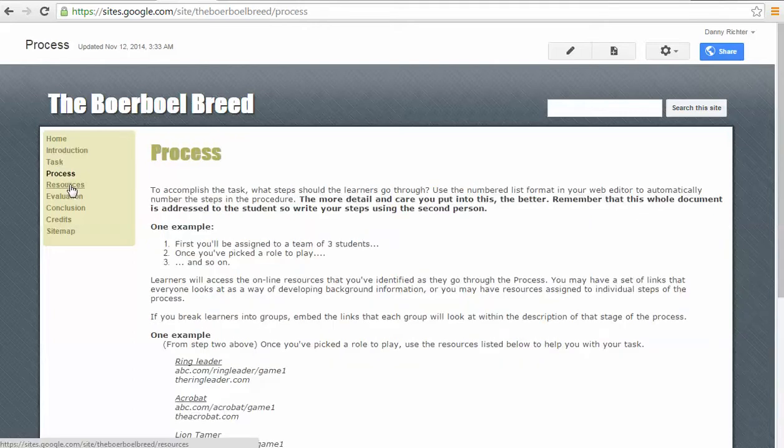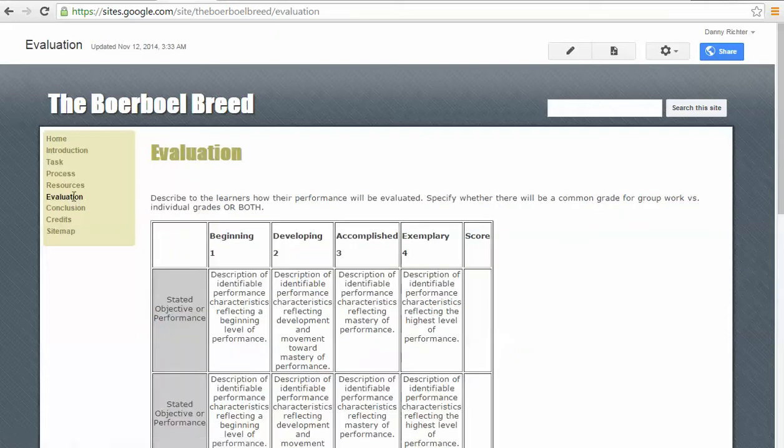You don't really need the resource page because all the resources that you're going to use will be in the process page. So the links, the other materials that your audience need to use will be within the process page. So you would not need the resource page. If you'd like to keep the resource page and still provide some resources, you can do so. And then you need the evaluation page, which should have the rubric for grading